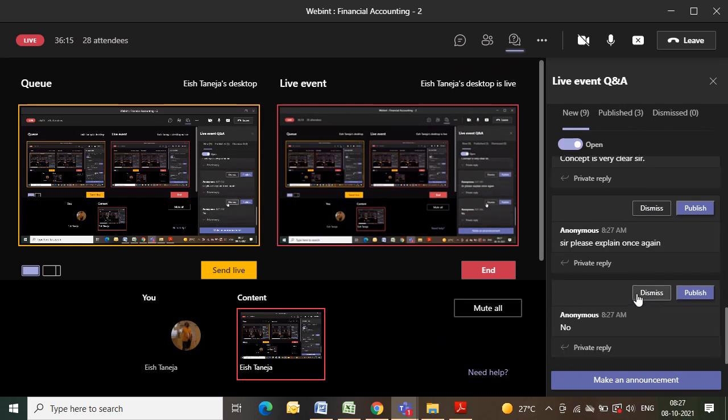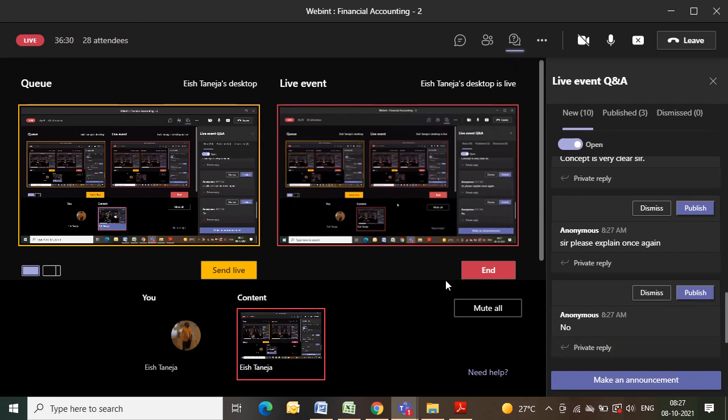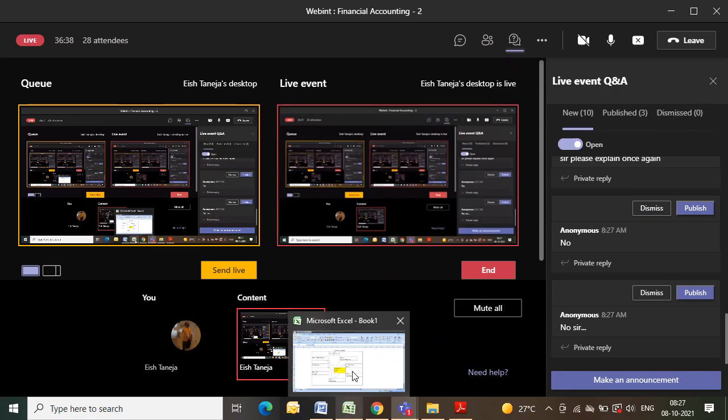So somebody is asking, please explain again. Okay. Actually, I am not in my hometown today. I am in Lucknow, so I don't have a net. I'm using my phone net today for explaining this. So I will not be able to show my face because the space is very less. So I'll explain this part once again so that it becomes clear to you.